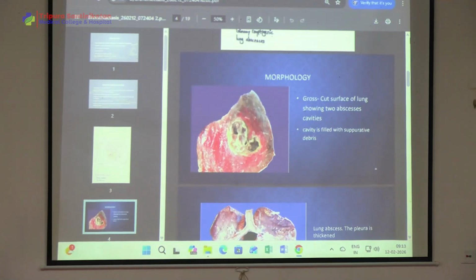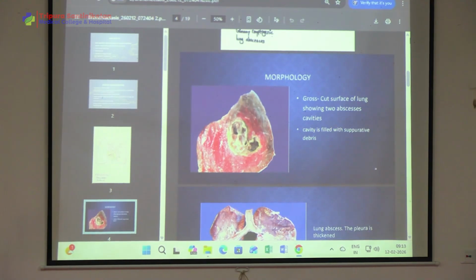It is a cut surface. Repeat with me. What is it? Yes, cut surface of the lung. And what does it show? It shows a cavity, right? It shows a cavity. Cavity is filled with,